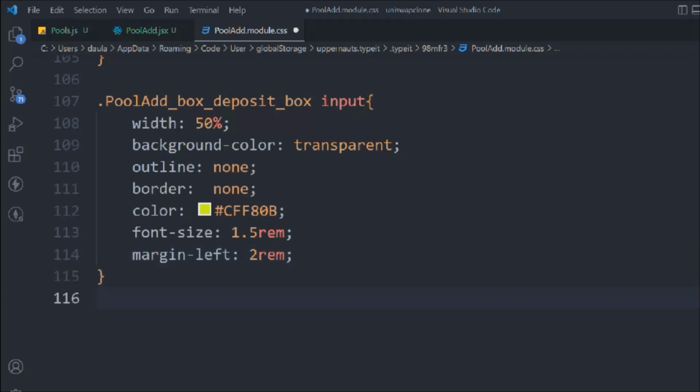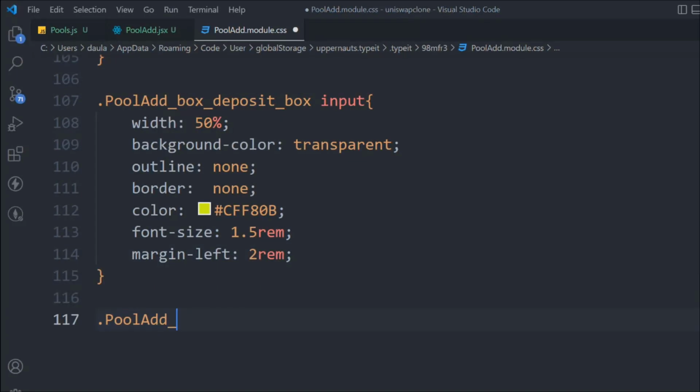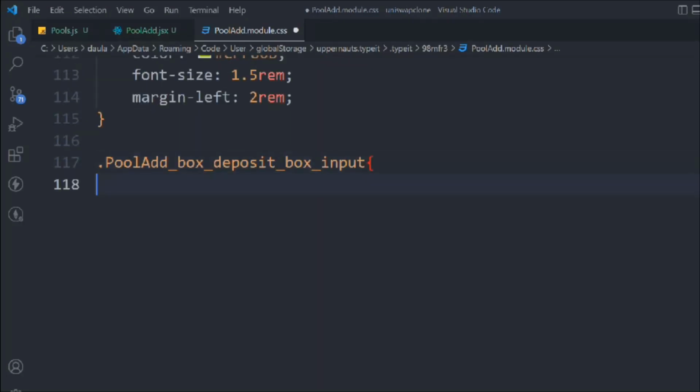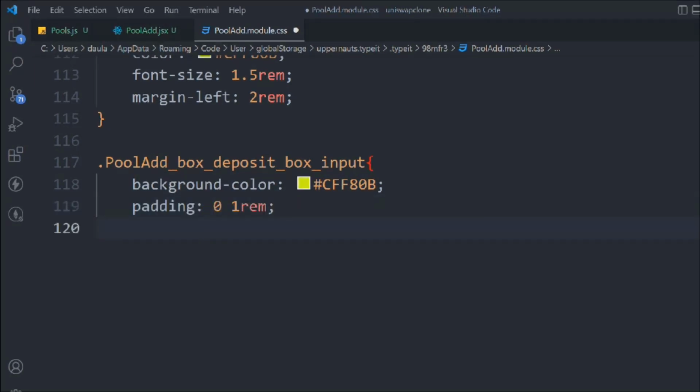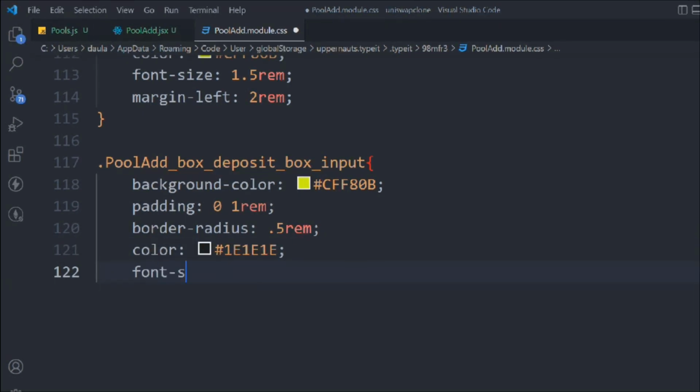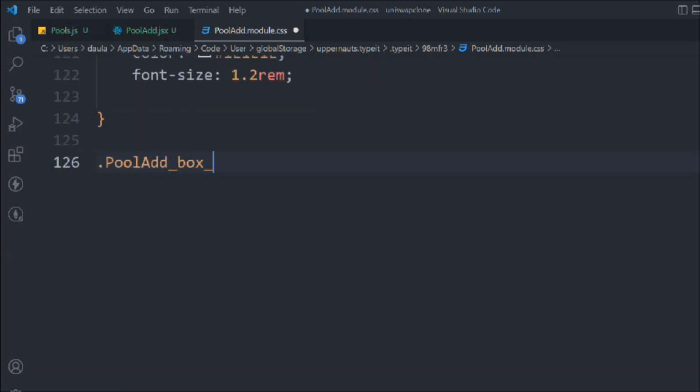We'll close that. Then we'll target the add pool add box deposit box input. We'll take the background color to be our second primary color. We'll have the padding 0 1rem. We'll have border radius 0.5rem. We'll have a cursor, first primary color. Font size is going to be 1.2rem. We'll close that one, and we'll say pool add box deposit box input pay, and we have to take the